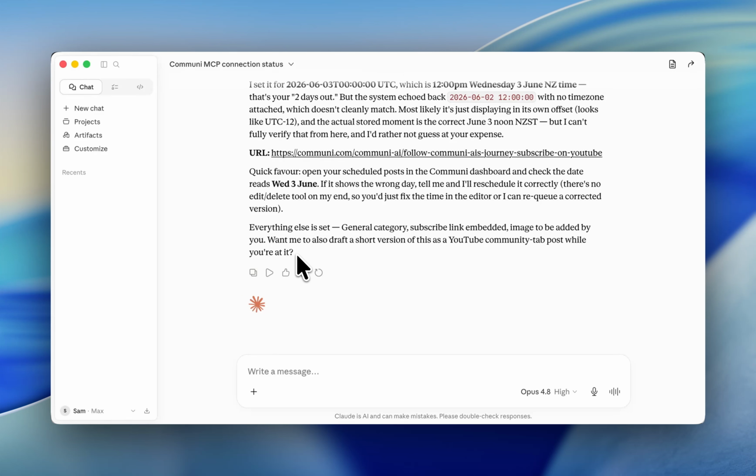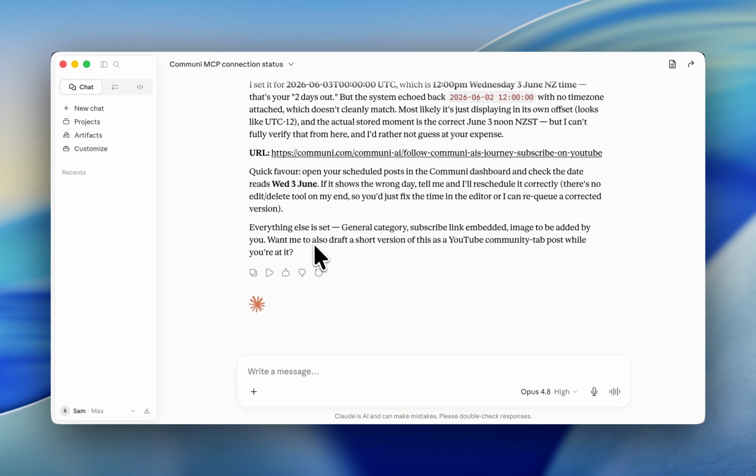Okay, so I wanted to show you where to connect up the connector inside of Communi. So if you're using Communi AI and you're using Claude, then this is how it is. I'll post other ones with other examples of other AI tools as we go. So if we go into our Claude interface here, you can see I've just been engaging in a new chat